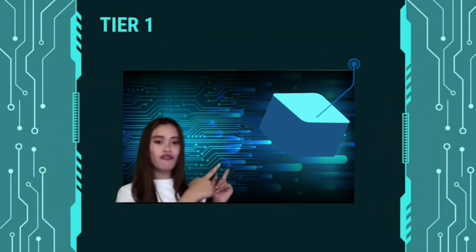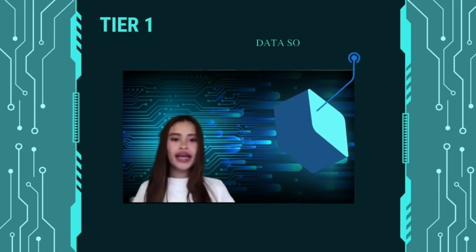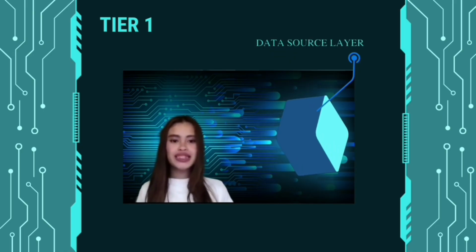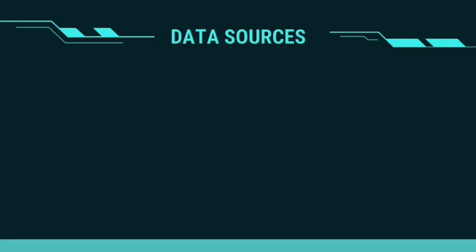In the first layer of our data architecture, we call it the data source layer. We identify all the key data inputs that serve as the foundation of our system. The data sources include the following: